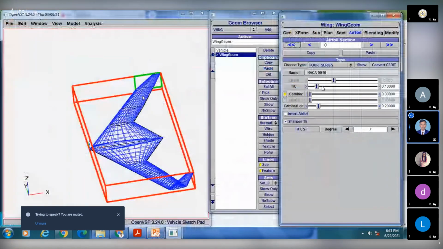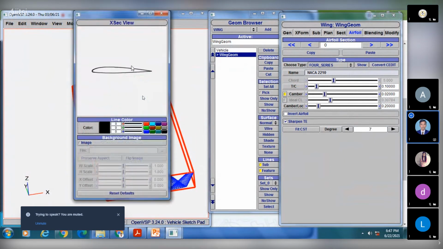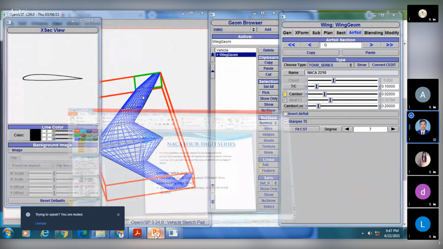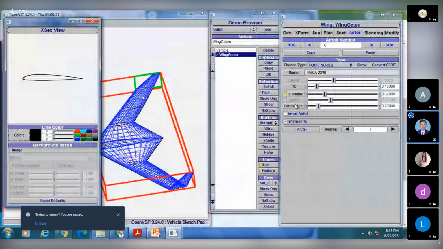So we will add the camber of 2%. Enter. See, currently we have this airfoil. Now it will change. 2% camber, and that is the camber location.